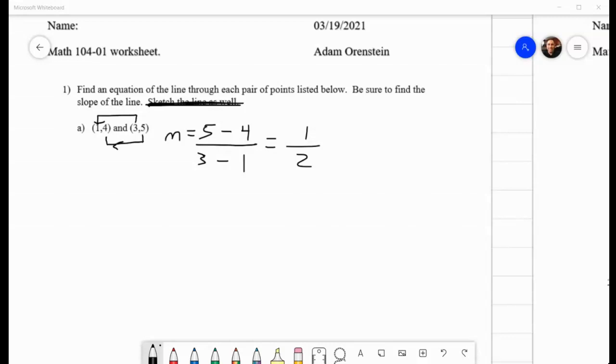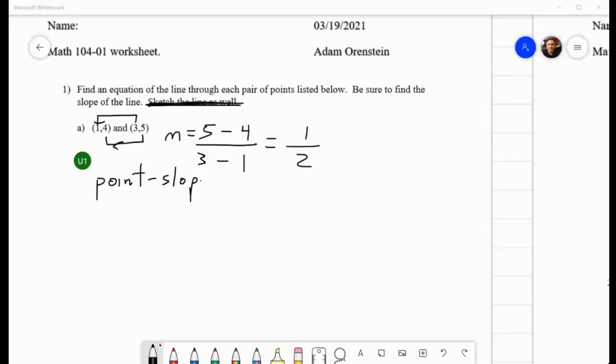That's what that tells us. So we knew the slope had to be positive. Now we want an equation of the line, right? Now, I was going to do point slope formula. I can also do slope intercept form if you want. So I'll do both. So for point slope